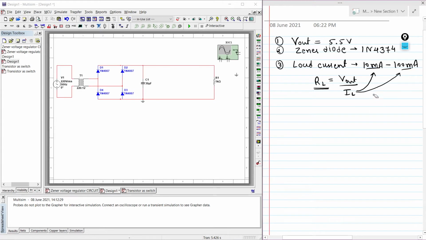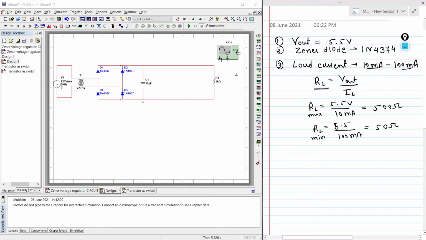So let's place these values and find RL maximum and RL minimum. So this is the maximum value and this is the minimum value. Now we have a range of output load that varies between 50 ohm to 500 ohm.